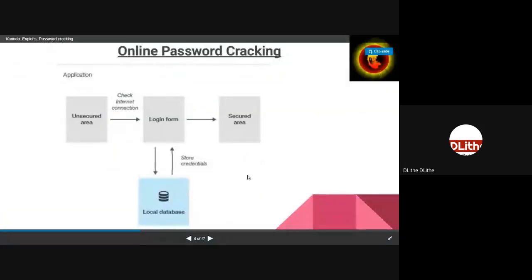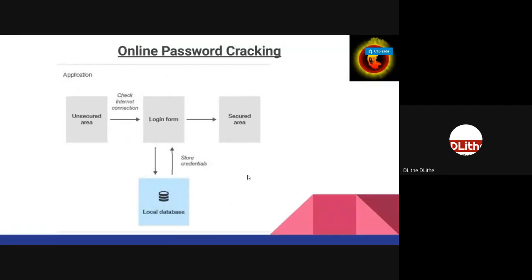So in online password cracking, we automate the process of trying various combinations of username and password, or the passwords. Whichever combination is the rightful password, the system will give you access. If it is not the rightful combination, then obviously it will block us from accessing the data. As simple and straightforward as it is. I hope the concept of online password cracking is pretty much clear.